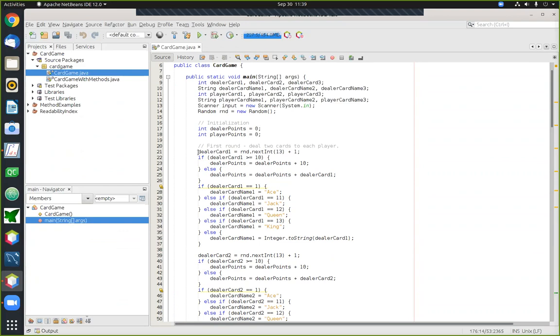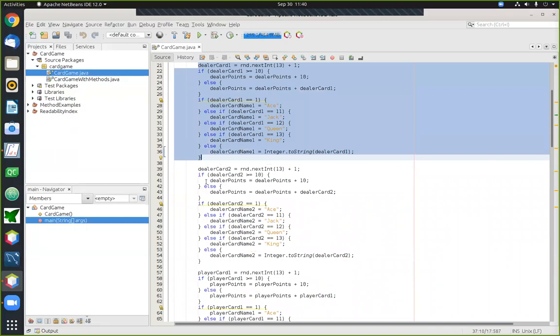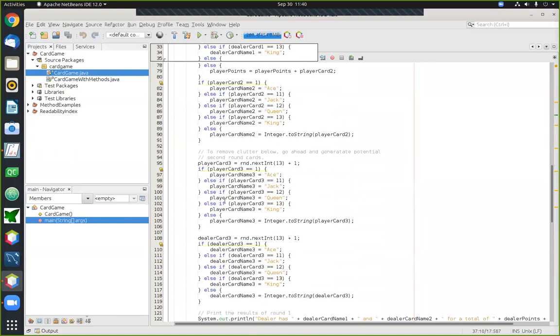Again, it's a card game played with two players, and potentially each of the two players would need to have 3 cards dealt to them. So that means it's a total of 6 cards we need to deal with. And for each of those 6 cards in the program, there is a chunk of code that deals with that card. All right, so here's the chunk for card 1, here's card 2, card 3, card 4, card 5, and